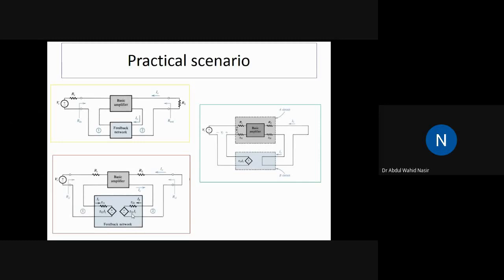What is the Z21 element? Z21 element here is the voltage source. If you want to remove a voltage source, then what we generally do is replace it by a short circuit. So here we have done the short circuiting. Because it has been assumed that Z21 is very small compared to Z12, we remove it and short circuit the terminal. So we end up having only the components Z11, Z12 I2, and Z22.